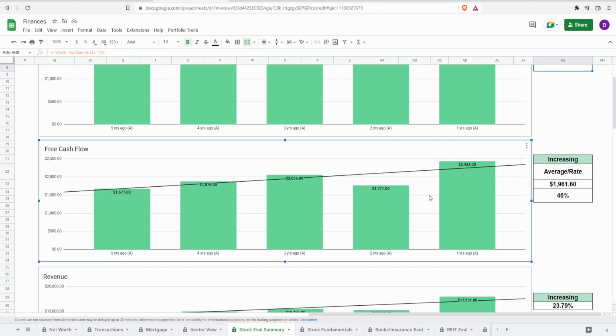Guys, this is what the company uses to pay out a dividend, make acquisitions, grow the company, buy back their shares, and pay down their debts. You want this thing to be increasing year over year, and of course you want it to be consistently increasing as well. What we can see here when it comes to Waste Management is 5 years ago of $1.67 billion to 1 year ago of $2.4 billion. That's a pretty good increase of almost 50%, with a 5-year average free cash flow of 1.96, or essentially $2